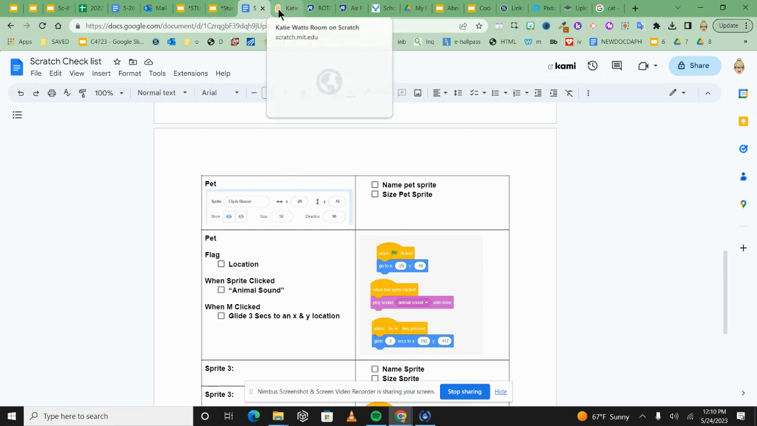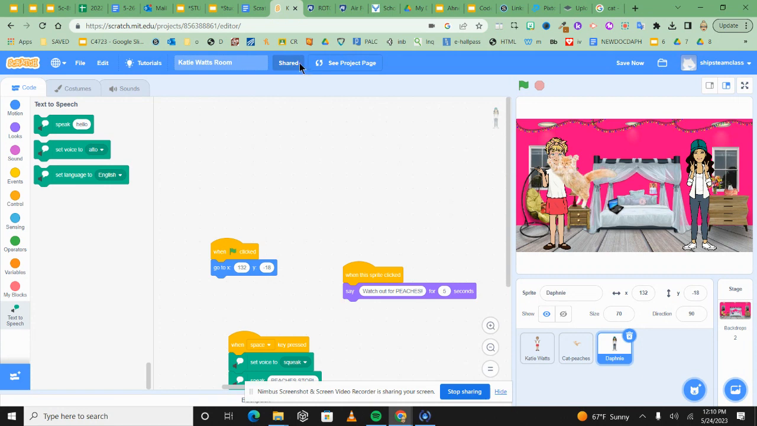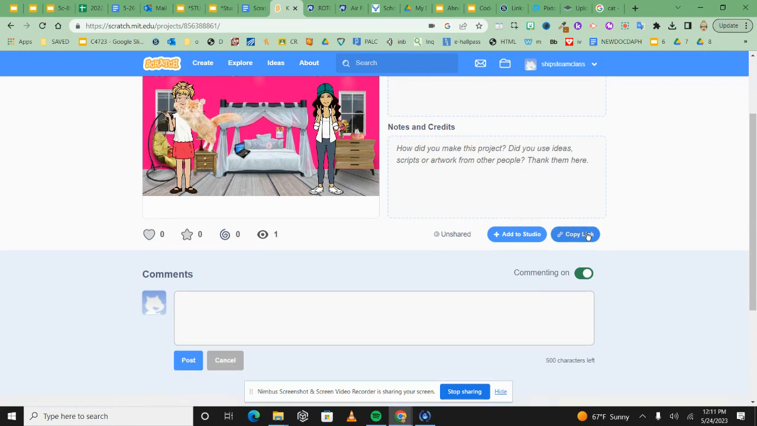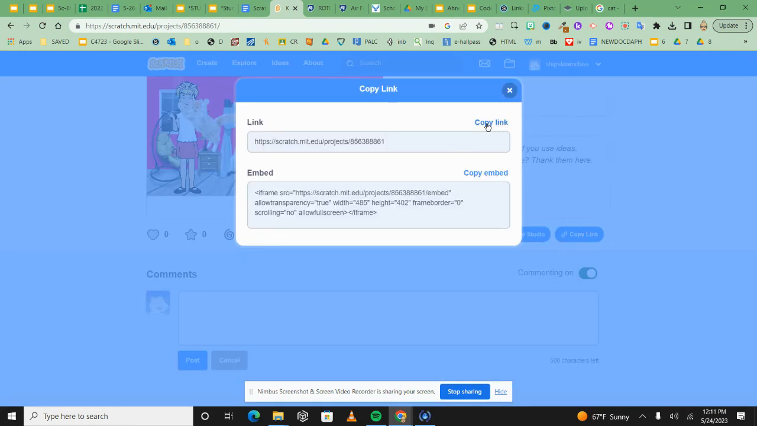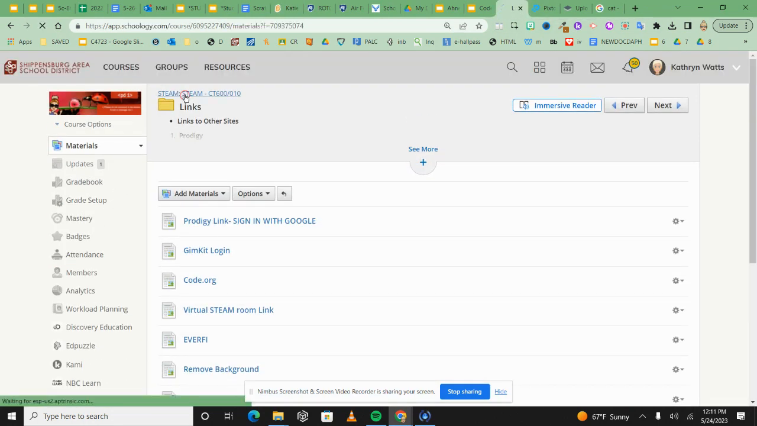In order to wrap up my code, what I'm going to do is I'm going to click on see the project page. Okay, it'll bring me out here. I'm going to click on copy link, and this is the link that I'm going to submit to the discussion board in Schoology. So I will turn this into a link, and if I come in here to Schoology,